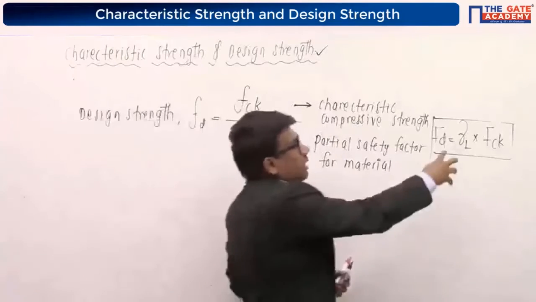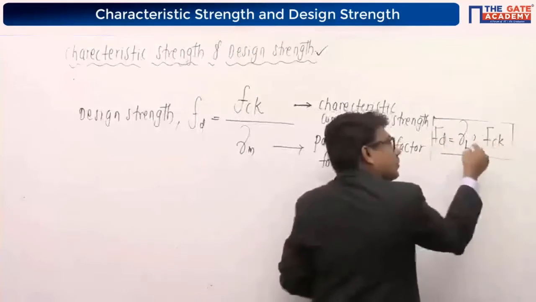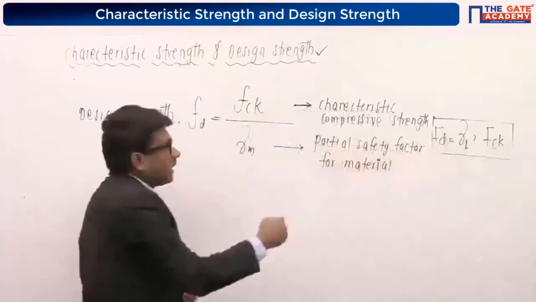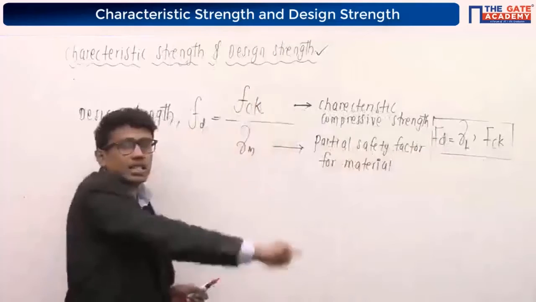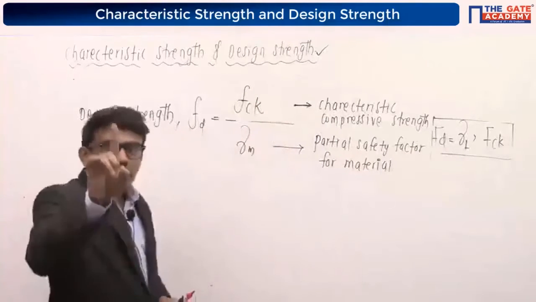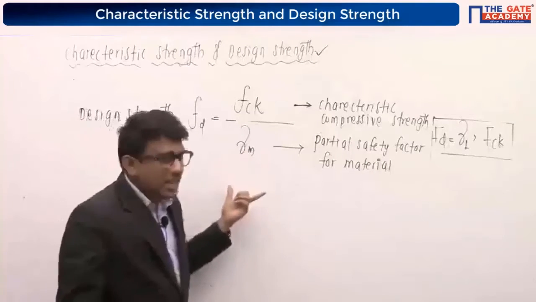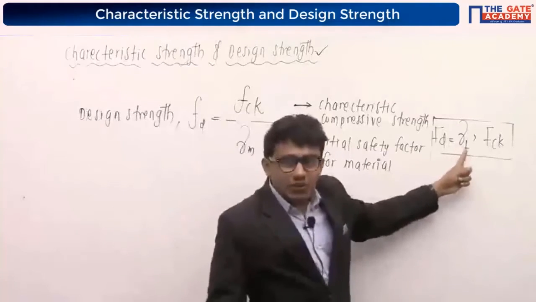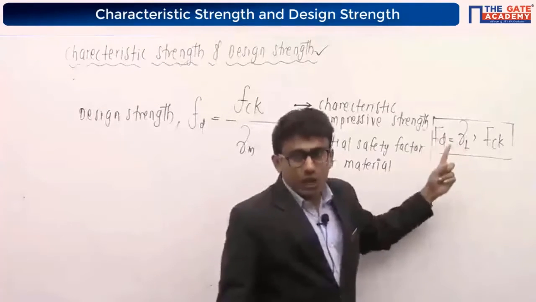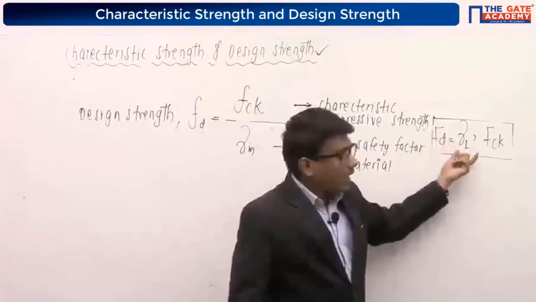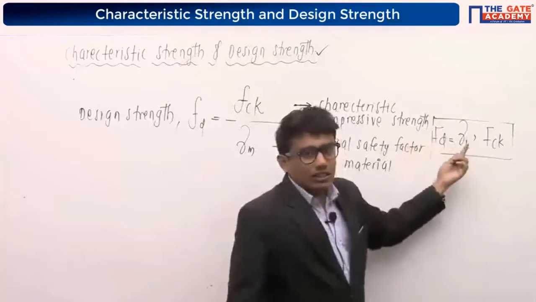Here we are overestimating the load value. That's the reason for design load: we are multiplying this characteristic load with some factor of safety, or partial safety factor for load. And for design strength, we will divide the characteristic strength with some partial safety factor for material. Remember one more thing, this is the partial safety factor for material, and here it is the partial safety factor for loads. Our IS code, that is IS 456-2000, has given us a table for calculating the partial safety factor for loads.